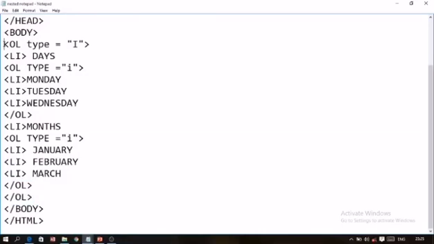You can understand it like this. This is the main list. Then we have one list embedded in it. Then this small list is closing here. Then another list item. Then this closing here. And this is the closing tag of the main list. In this way we create a nested list.